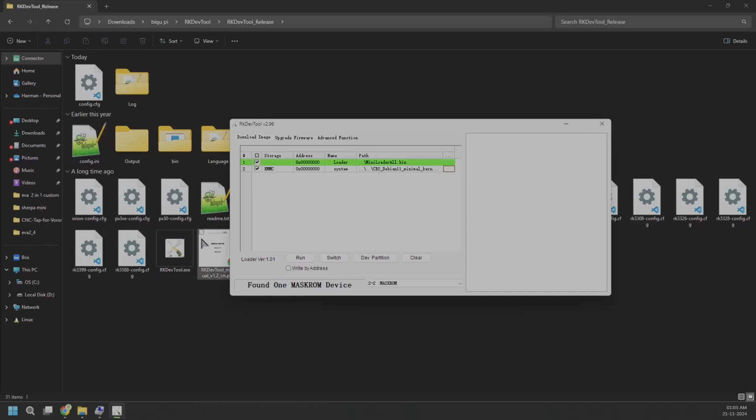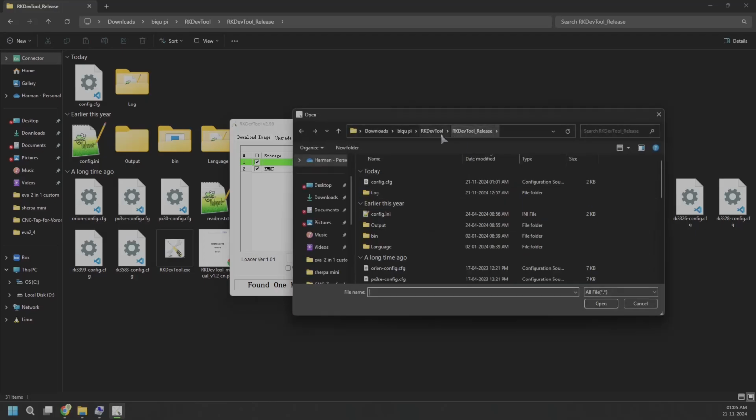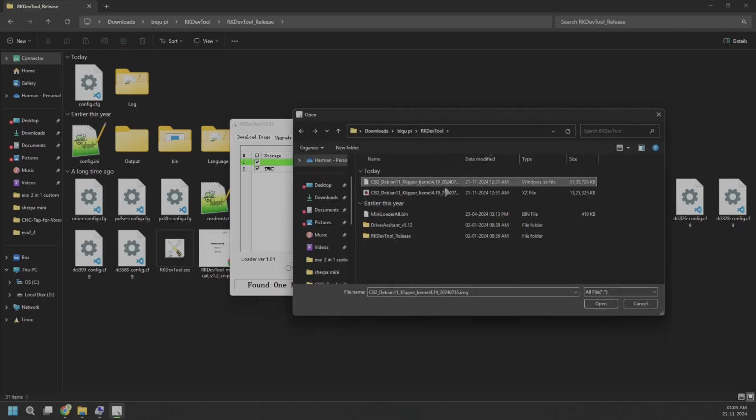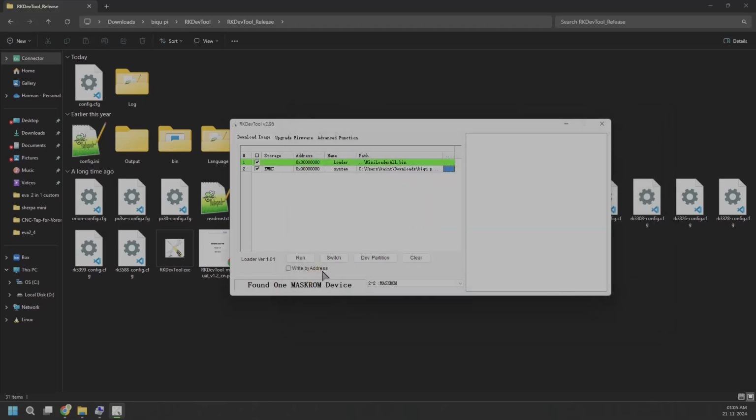Now you need to go to the software, this RK dev tool, and it shows as a Maskrom or Loader device. Select it. Everything should be the same, but you need to browse your file there. So click here. Browse your uncompressed file, open it, and click here. Write by address and just run. So it starts downloading. Boot start